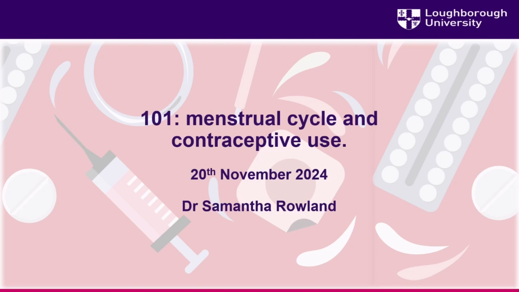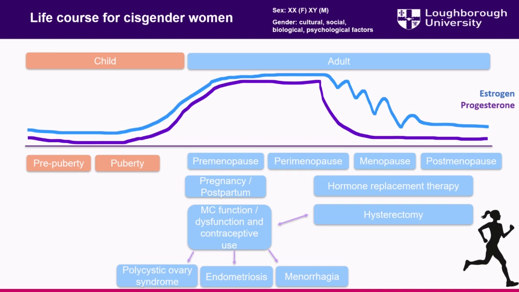Okay, so hopefully this is a little bit of a whistle-stop tour of basics around the menstrual cycle and different considerations for hormonal contraceptive users. So what I wanted to start with was a short sketch, it's a really bad drawing actually, of some of the hormonal fluctuations that might occur across the adulthood of a female. When I'm talking about females today, I'm talking about those who are born female and identify as female.